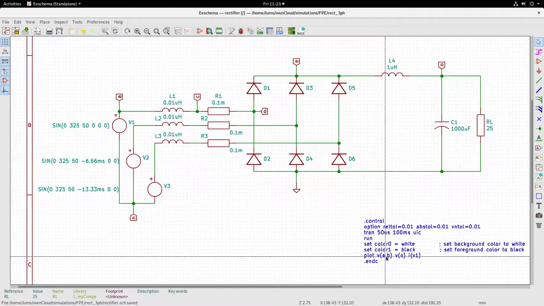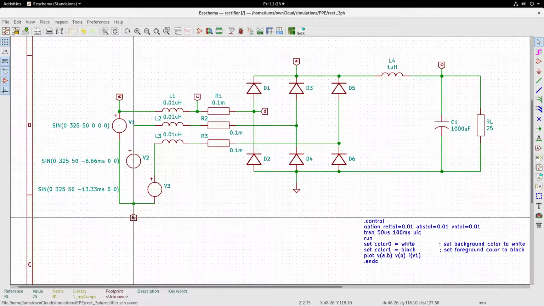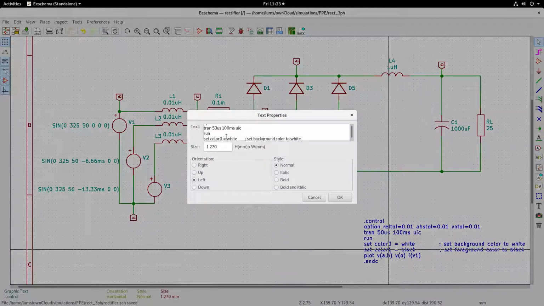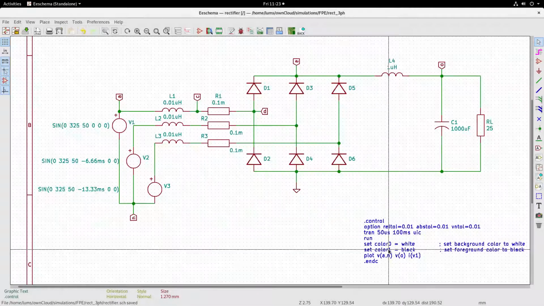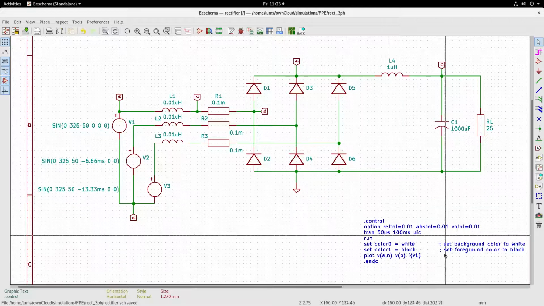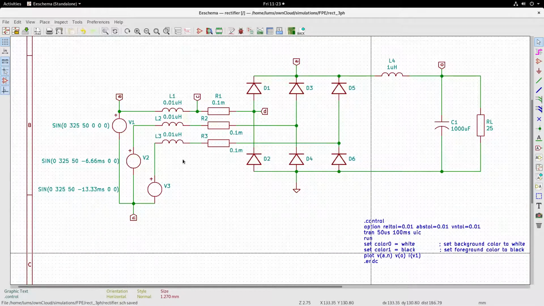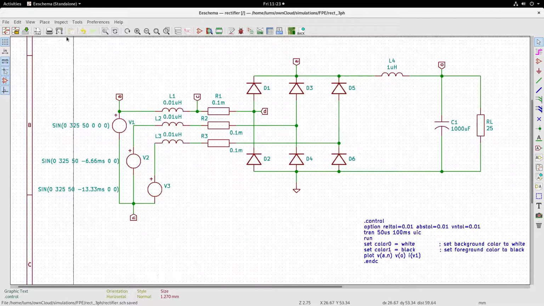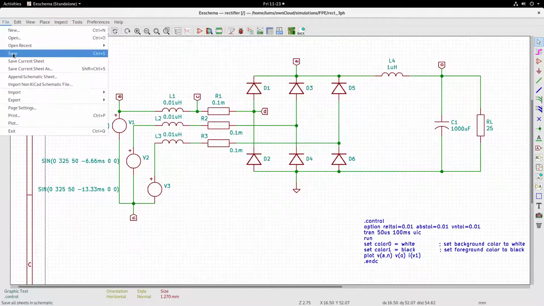And here in the plot, it is not VA to B. We change this one to neutral. So let me double click on that and plot VA to N. That is the A phase neutral voltage, phase to neutral voltage. V0 is the output voltage with respect to the circuit ground, and IV1 is the current through the A phase voltage. So now we can save this.